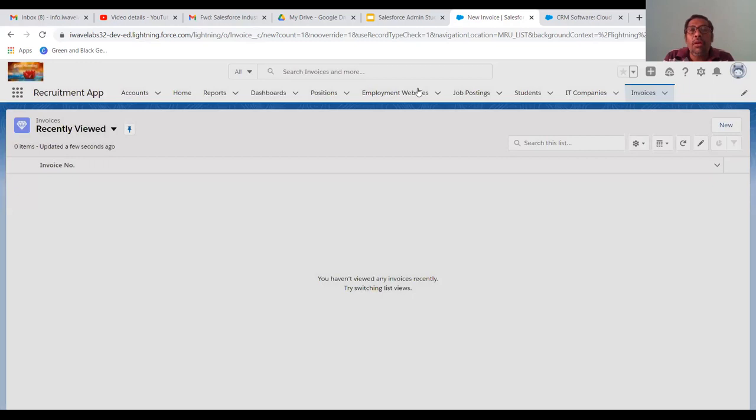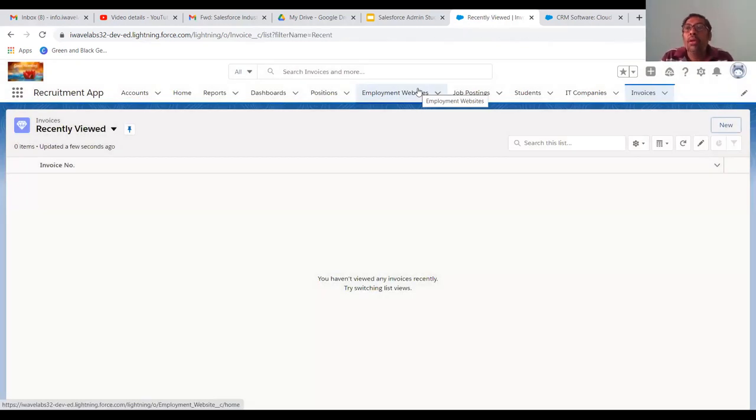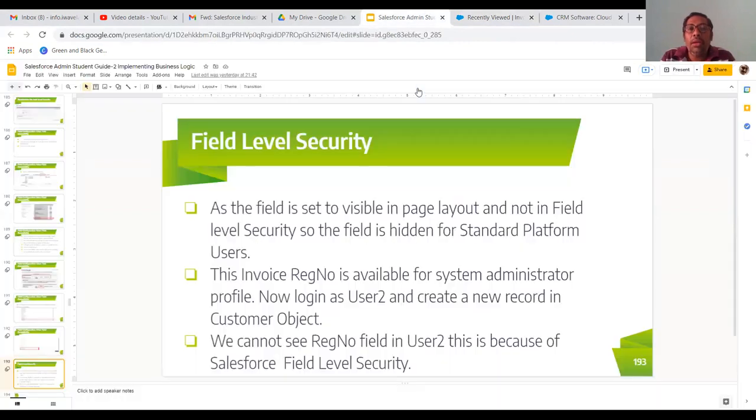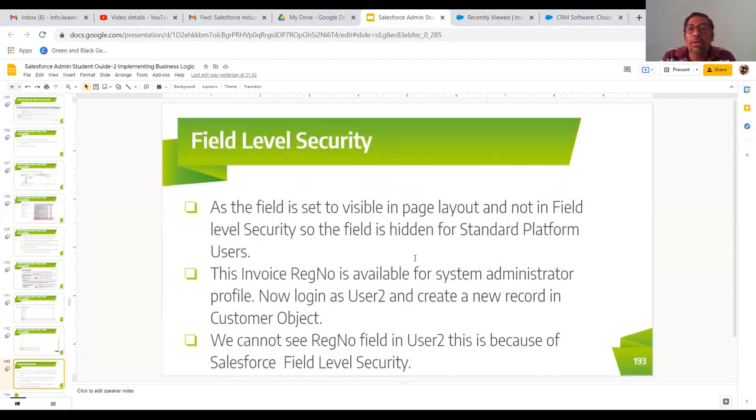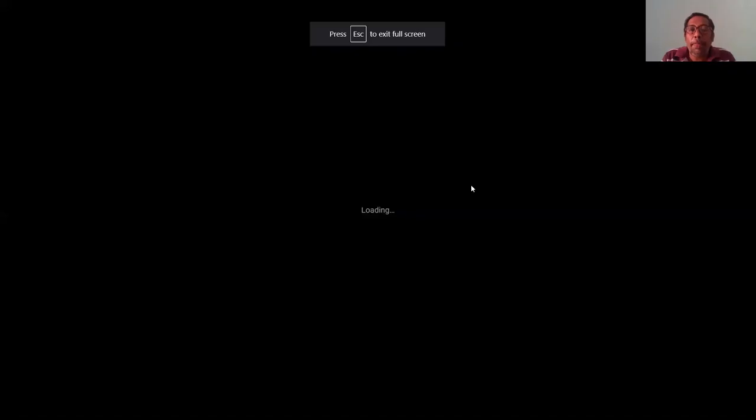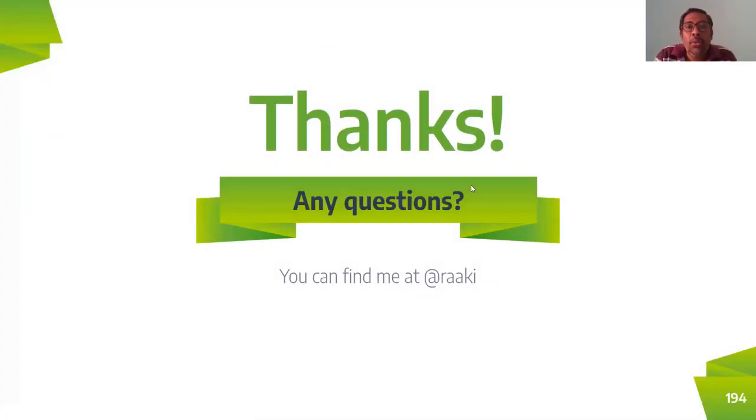So this is how we can set our field level security. Guys, I think you would have understood about field level security. Field level security is nothing but hiding a particular field. Only for the required profile are we going to enable it, and for the remaining profiles we are going to hide it. So what is the use of this? Whenever a particular field is not required by other users or other profiles, we can hide it. So this can be achieved using field level security.